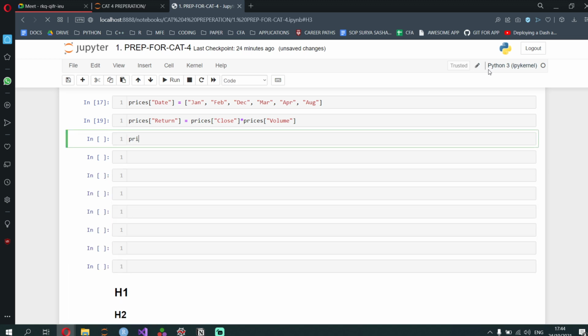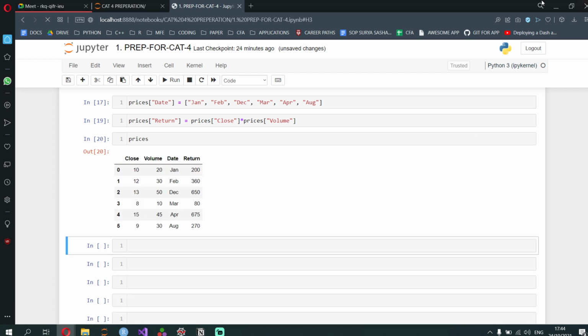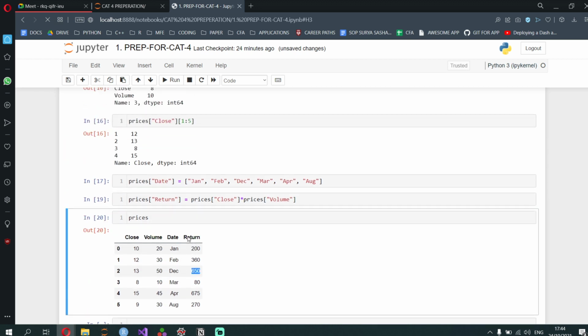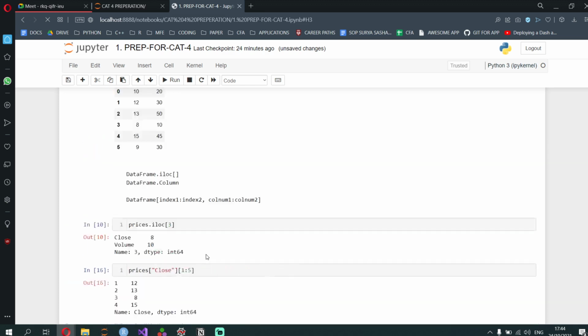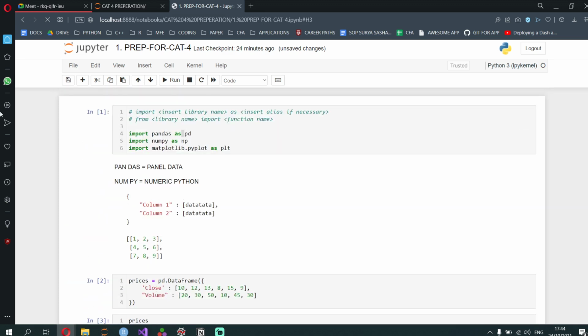Okay, now if I print out prices, it gives me return, which is 10 into 20, which is 200, 12 into 30 is 360, 13 into 50 is 650, and as such. So this is how you get a new data column. Okay, that is it.